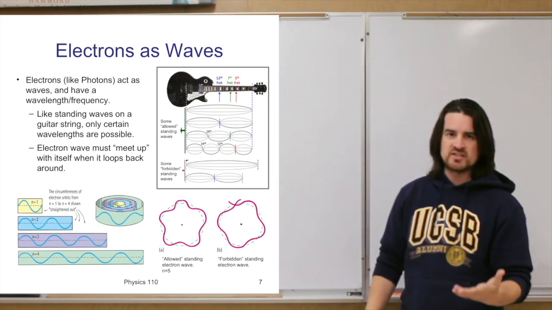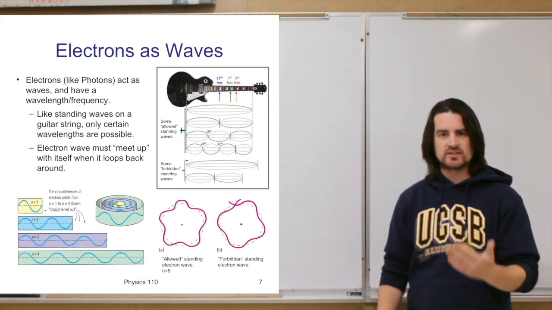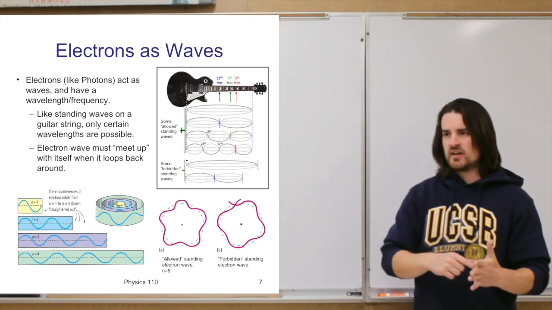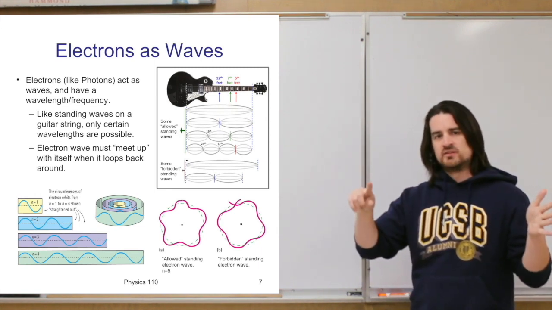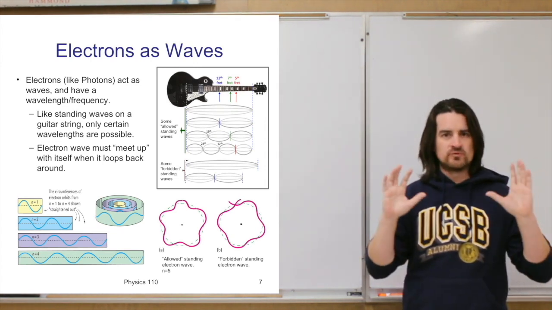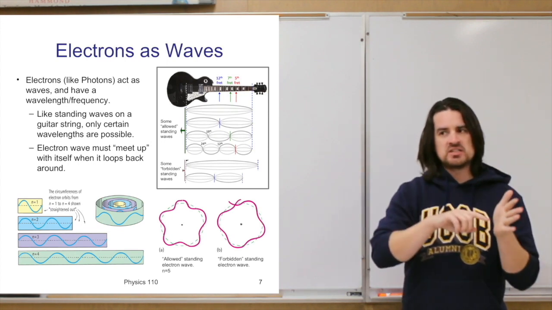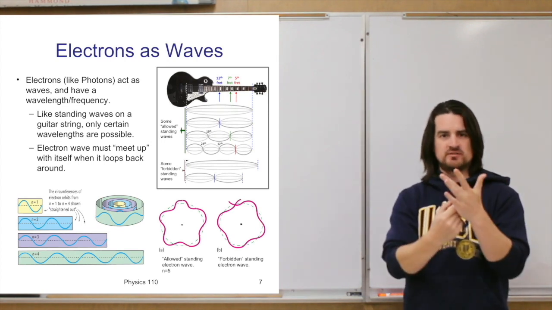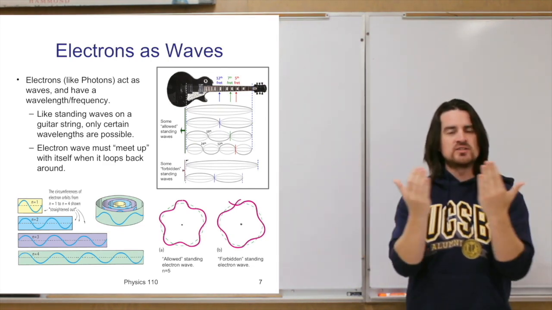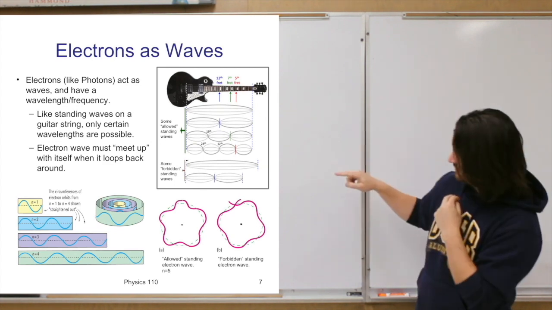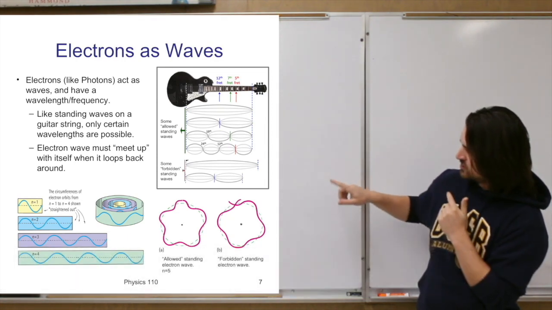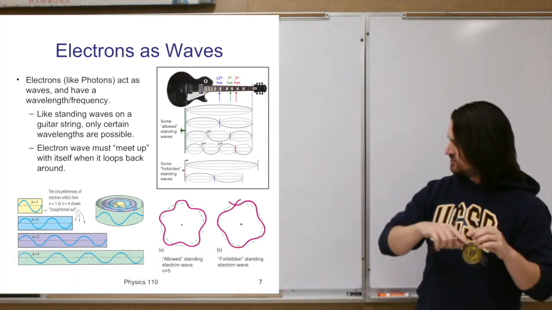So the same idea then we could think holds for electrons. If electrons are waves, then you can imagine that it has a certain wavelength, and the restriction for it to be around an atom, for it to exist in an orbit around an atom, is that wavelength essentially has to meet up on itself. If you took that wavelength and you wrapped it around, you need the 2 ends of the wave to always meet up. I guess maybe in this bottom left picture is an example where you could imagine taking, say, a